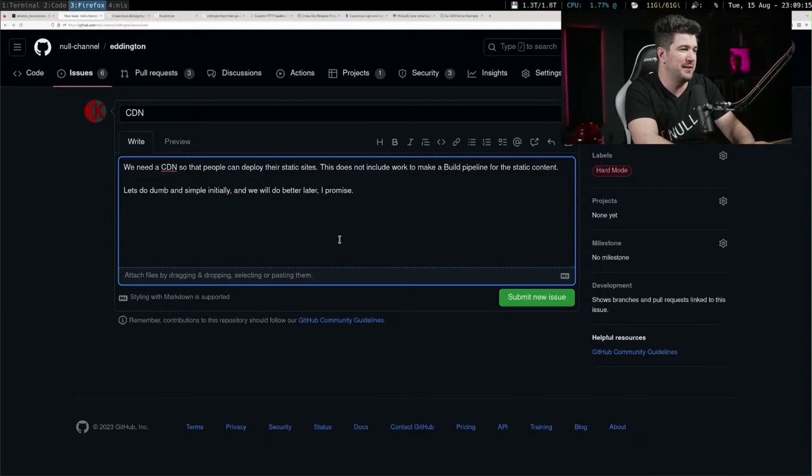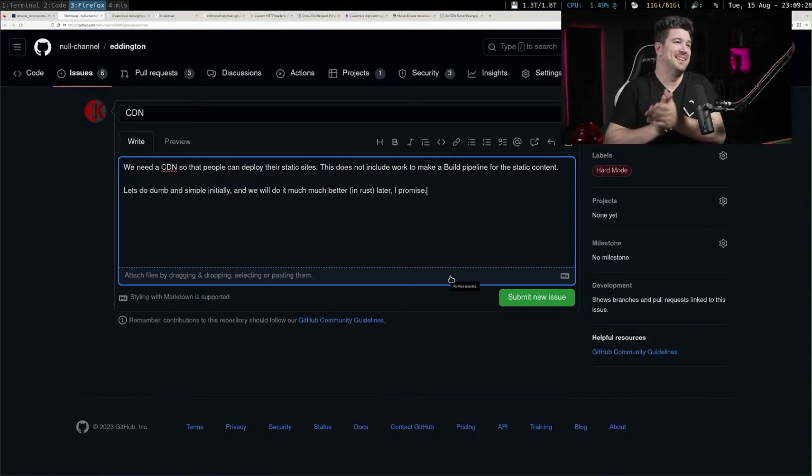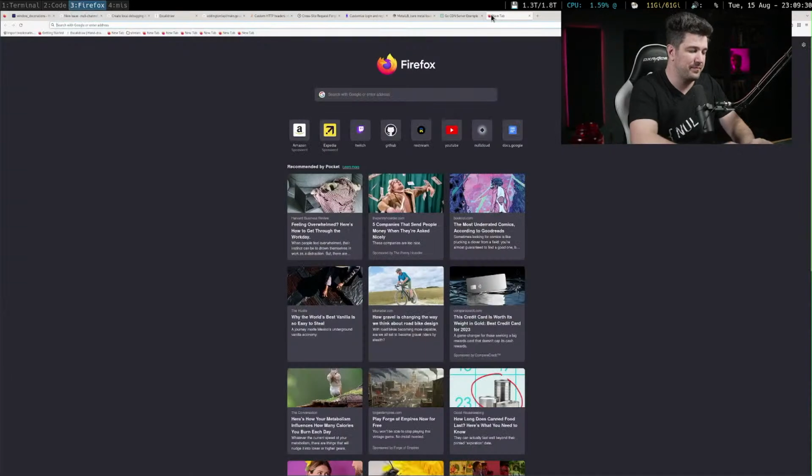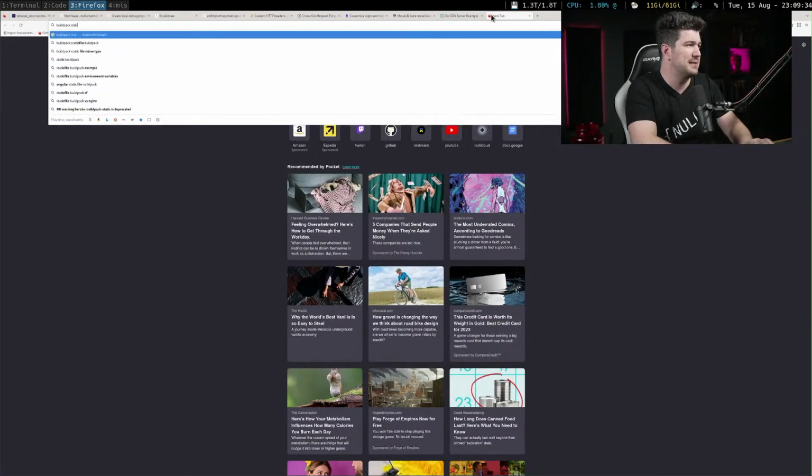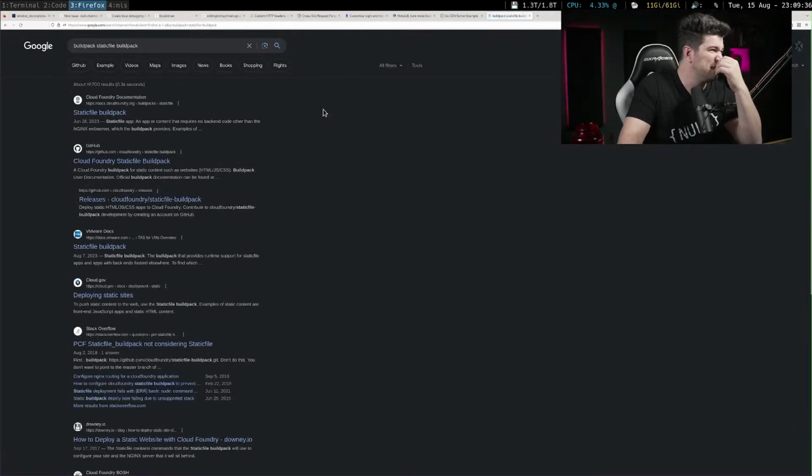Look, and we will do it much better in Rust later, I promise. Aha! And now I'm getting excited about this feature. Buildpack static file. Is there a buildpack? Ooh, static file buildpack.